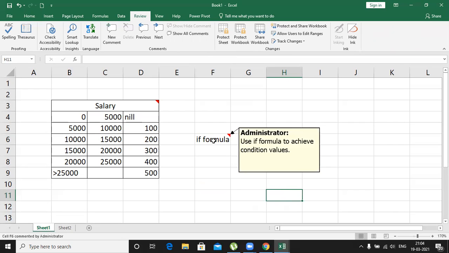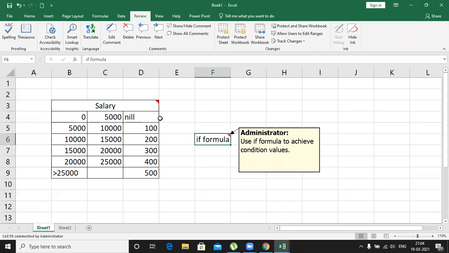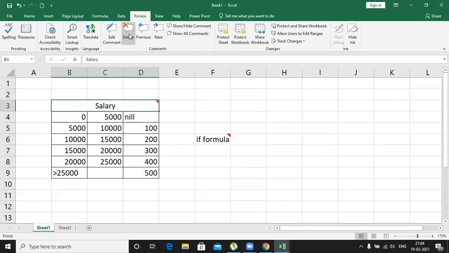If I want to delete a comment, select the comment cell and click the delete button. It is deleted.